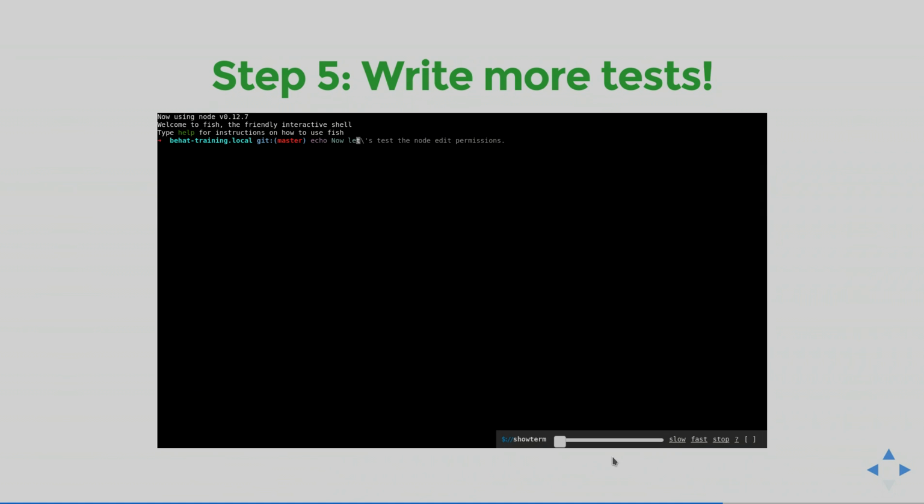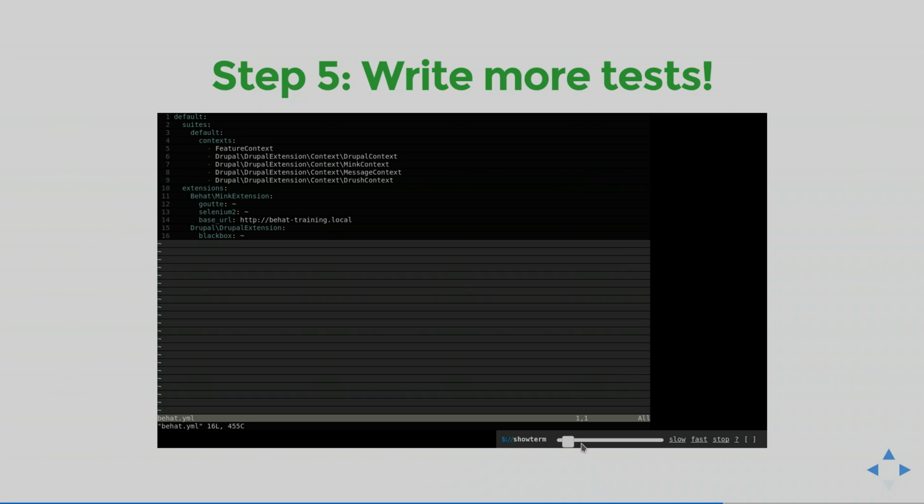So let's write another test. We're going to get a little bit more complicated. We're going to test node edit permissions. Again, probably on your own projects, this is not a super high priority thing to test, but we all understand what's happening here. So the first thing that we need to do is add an API driver,